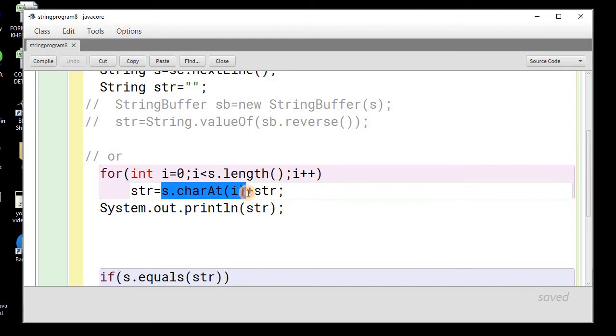And as I have already told you, we need to have the character first and then the string while performing concatenation. In this way, we will be extracting each character of the string and concatenating it with the string variable, so we can construct the reverse string. So here str is the reverse string. So we can print this str. Just to check, this is the reverse one.